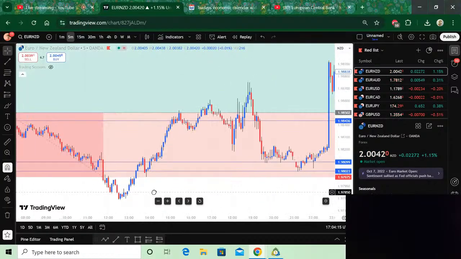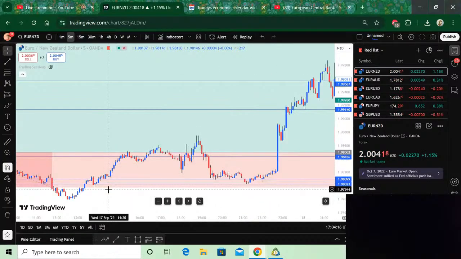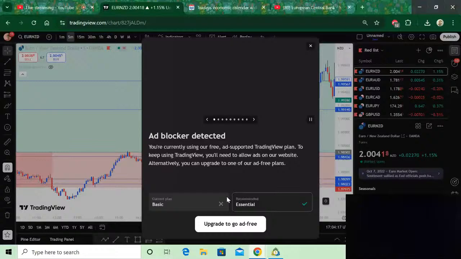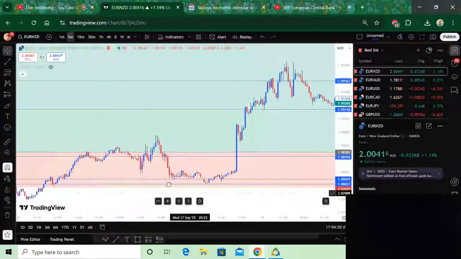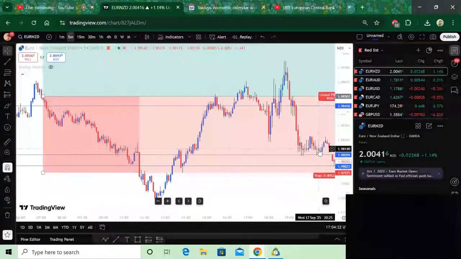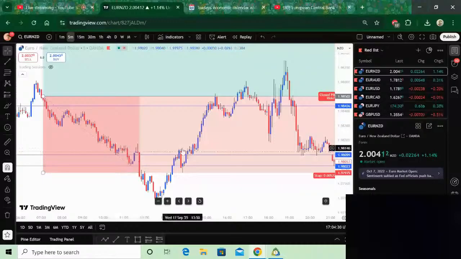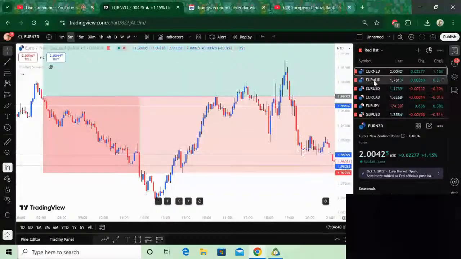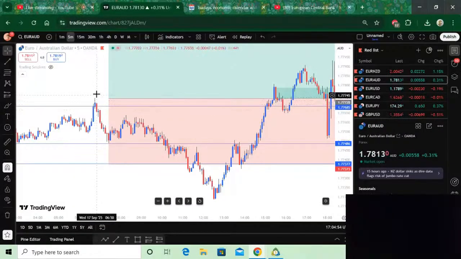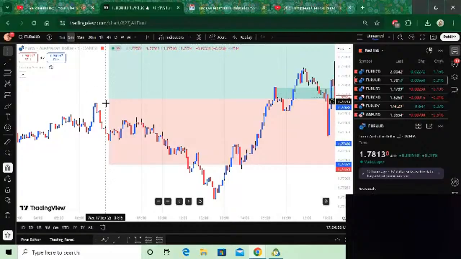Even if the trade later played out, there is no way we are interested in this trade. This whole trade has been nullified. The trade in its entirety has been nullified. So that's what went down in the euros, and it did not even give a proper setup. If this one was even a little higher and it came down, retested this one and went up, then we would have been interested in the trade.